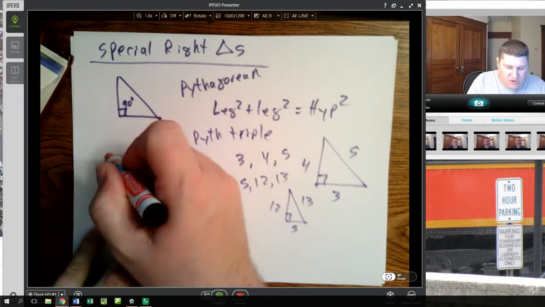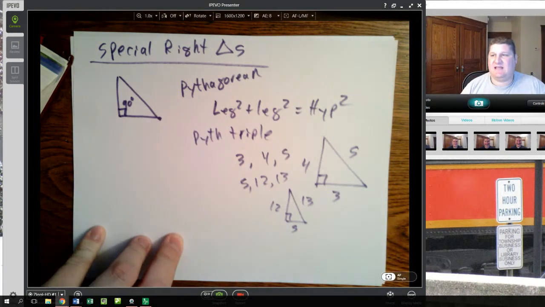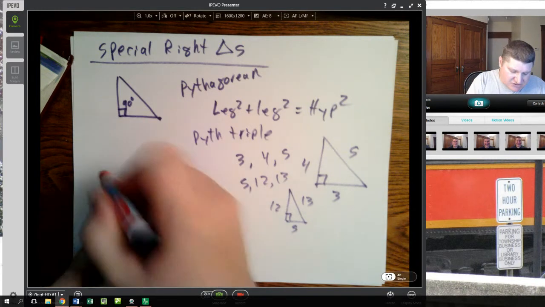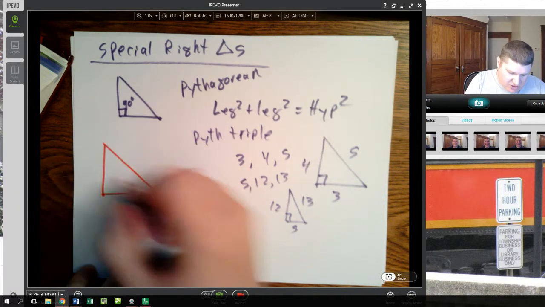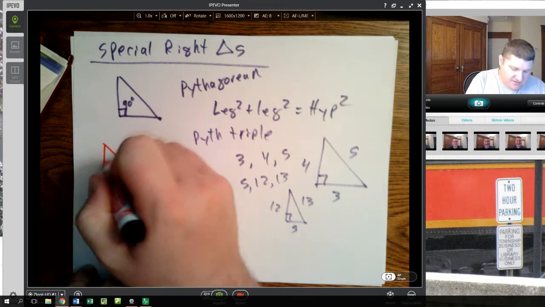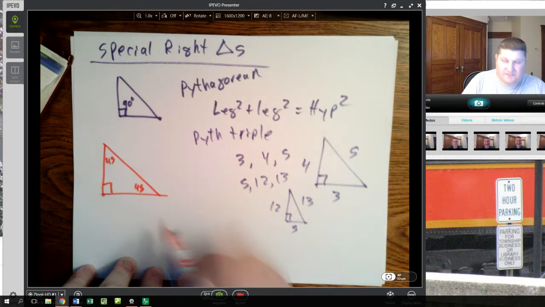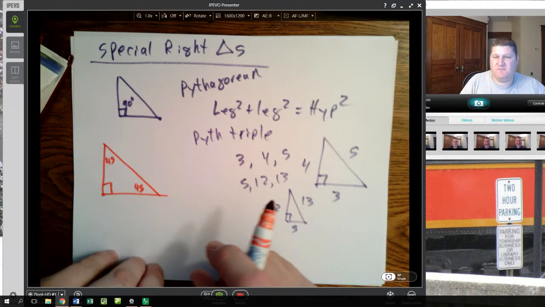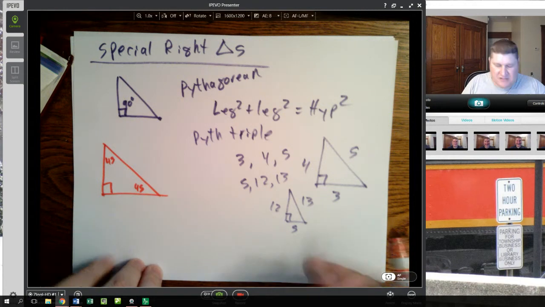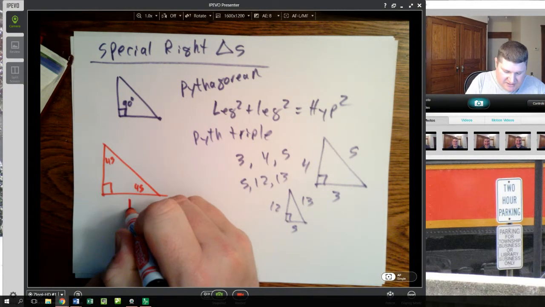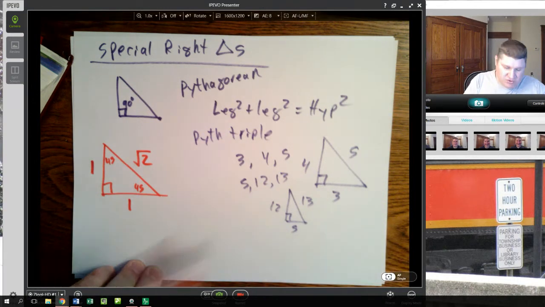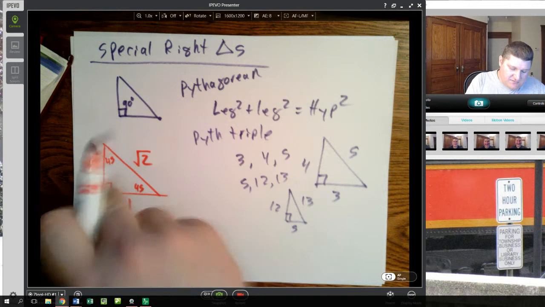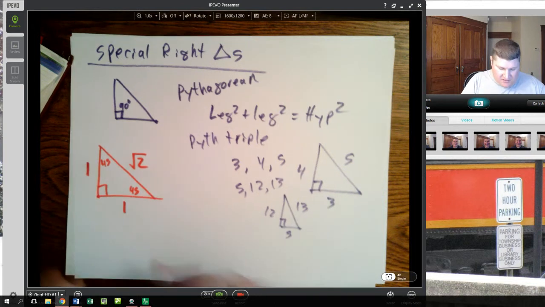But we also have two that are even more special beyond that. Not only are they Pythagorean triples, not only are they right triangles, they're a special type of triangle. And those triangles are a 90, 45, 45. So a 45, 45, 90 triangle. These are even more special than the others because we also know their side relationships of 1, 1, and root 2. You need to memorize this triangle. Okay? The other triangle